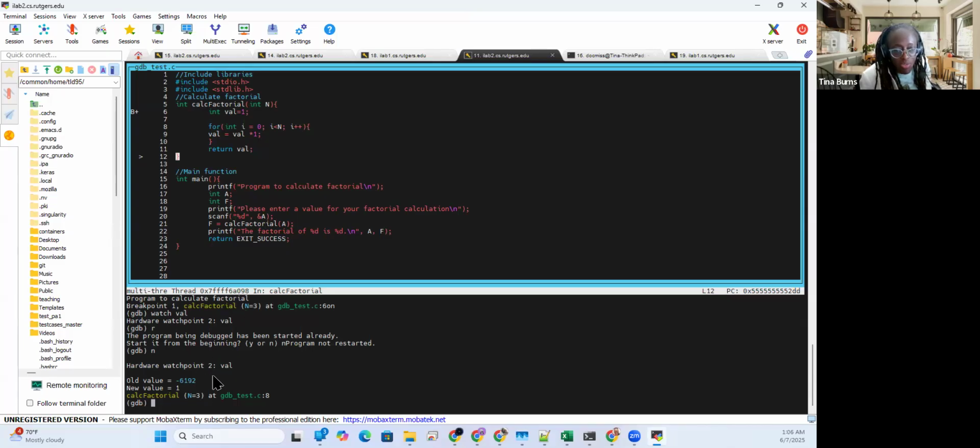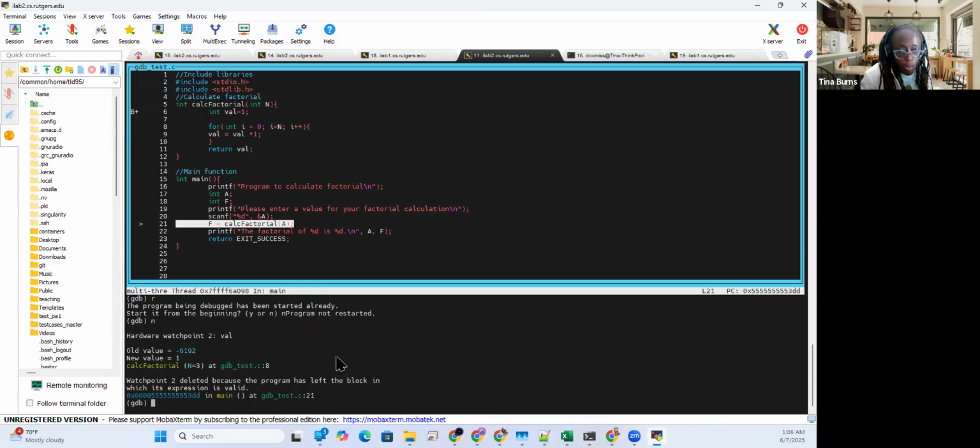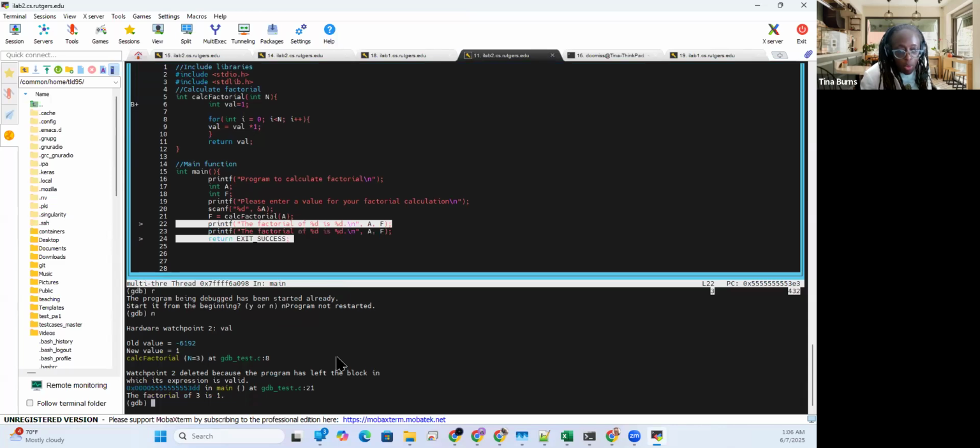And that's once we get to the value where n is equal to 3. And then, of course, it's going to output what we expect the values to be. So we already see that val never actually got updated to this maximum value. And one of the other issues we see is that when we initially ran the loop, it did look like it ran 3 times, right? So let's go ahead and